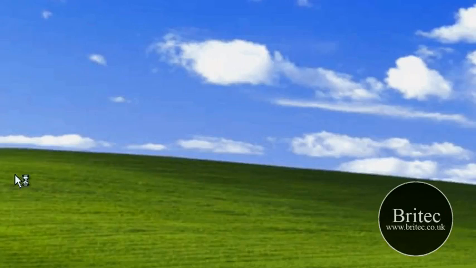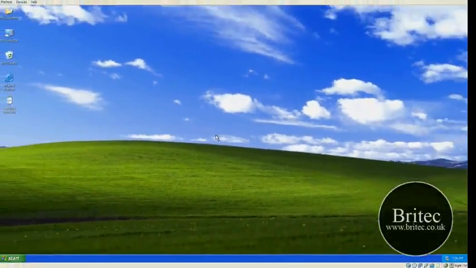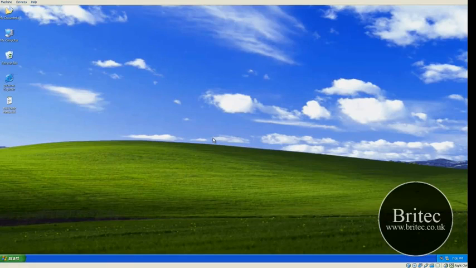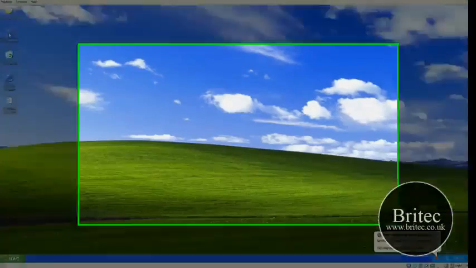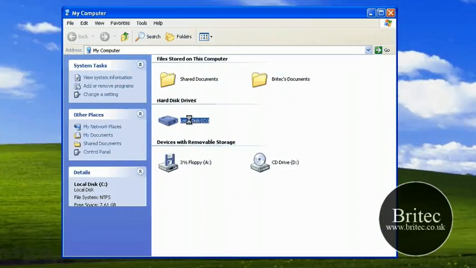I want to customize it a bit more and show you a few other ones that you can use. Okay, so let's just let that load up. I can now take the CD out of the drawer. I don't need that. Should have taken that out before I rebooted, really. It's no big deal. So okay, the next thing I need to do is go to My Computer, C drive,